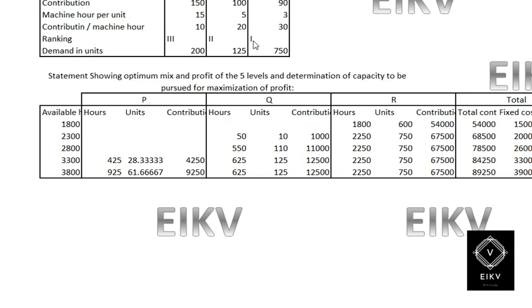That is 750 into contribution per unit, that is 90. 750 into 90 gives the contribution, and the fixed cost is 15,000. When we deduct the fixed cost, you will get the profit of rupees 39,000. And then we have the remaining 6 hours, which will be